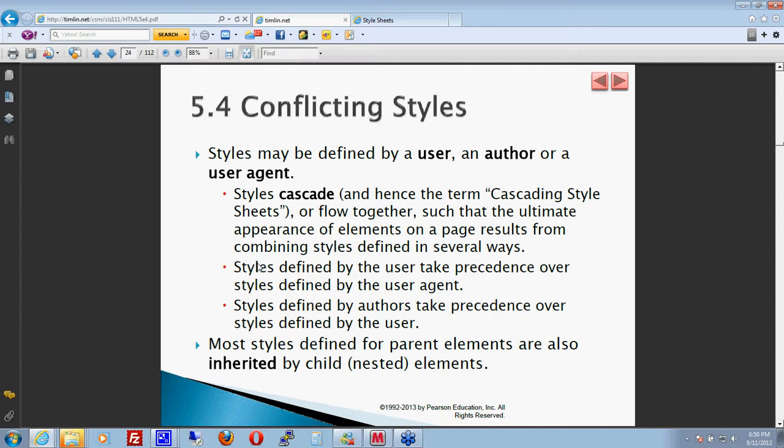Styles may be defined by a user, author, or user agent, and you can do that however you want. Styles cascade, hence the term cascading style sheet. They are flowed together such that the ultimate appearance of elements on a page results from combining styles defined in different ways. Styles defined by the user take precedence over styles defined by the user agent, such as the browser. Styles defined by authors take precedence over styles defined by the user. That would be the styles inside of the